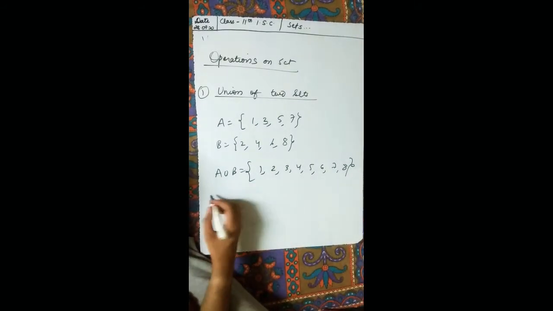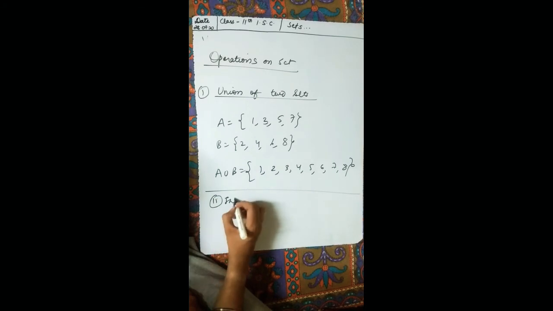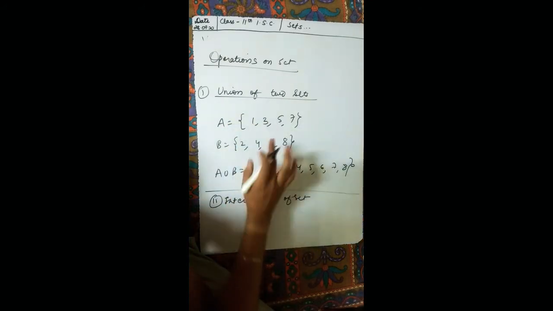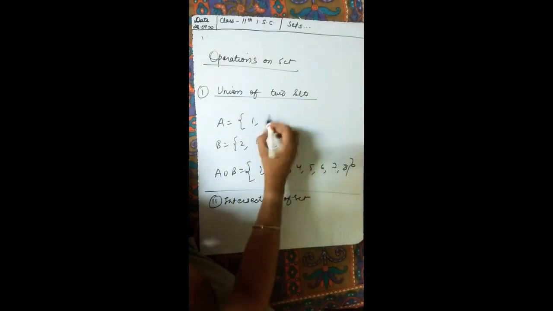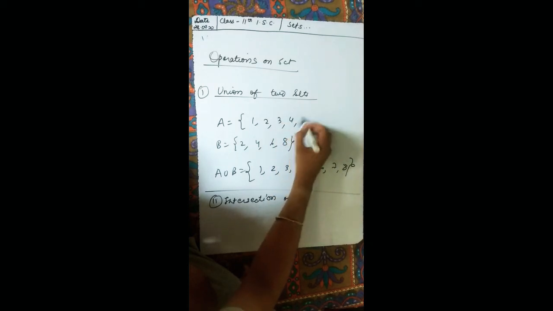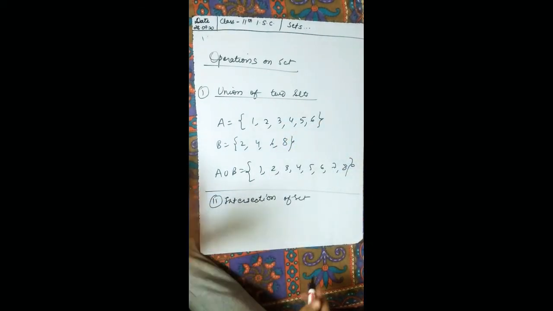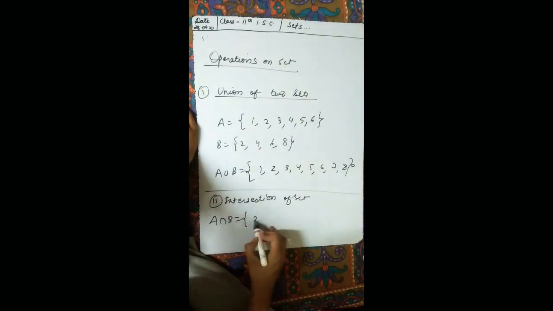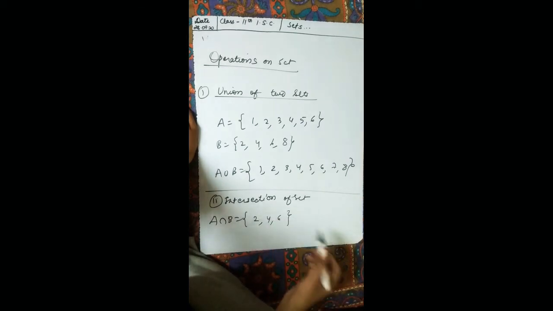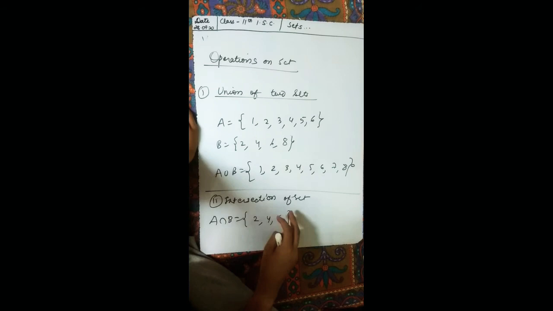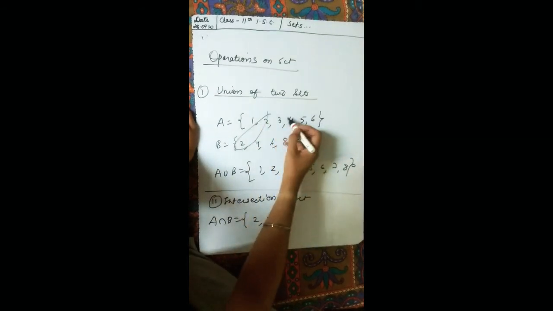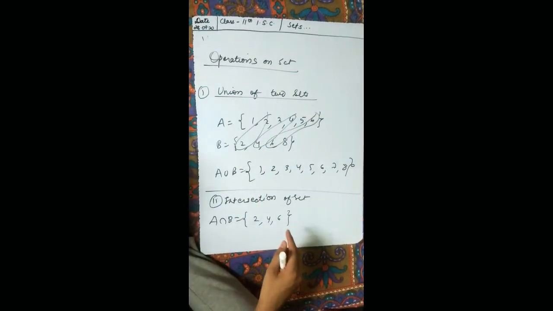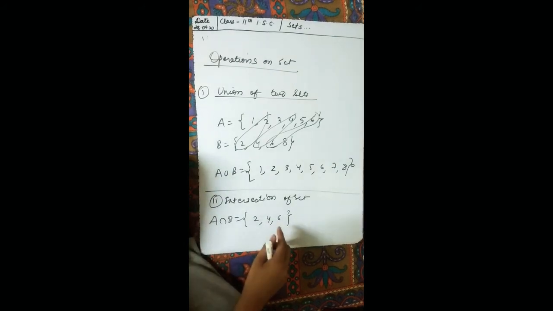And intersection. For the intersection, let us take the same sets, but let me just change the values here. Can you tell me the intersection of the two sets? If your answer is 2, 4, 6, then you are correct. Why? Because intersection means the common elements in both sets. As we see, these three are the common elements, so it is called the intersection of two sets.